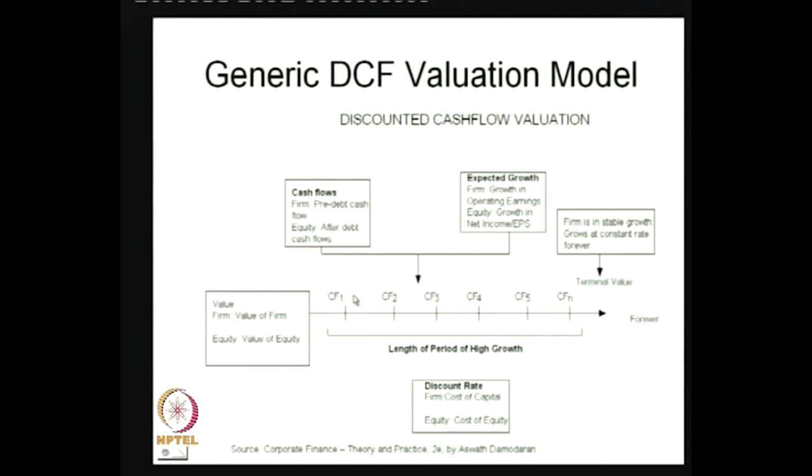So, you have got the estimation of cash flow for CF1 till n year, then you have a terminal value at the time of nth year, and then we discount them with a particular cost of capital. If it is a free cash flow for the firm, we take the cost of capital or the weighted average cost of capital. If it is the free cash flow for equity, then you take cost of equity into consideration. So, based on the relevant cash flow and relevant cost of capital or cost of equity, we end up finding the valuation of the firm or valuation of equity, and this valuation of the firm also can be used to find out the valuation of equity indirectly, as per the indirect approach.